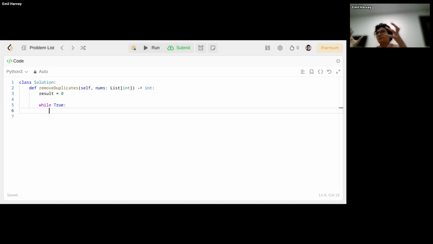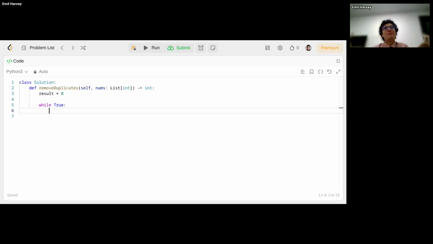So those three pieces kind of go together. So what I need to do is think about what result is going to be on each iteration and go from there. And what I like to do is start from the most specific situations to the most broad. So we initialize results to 0.